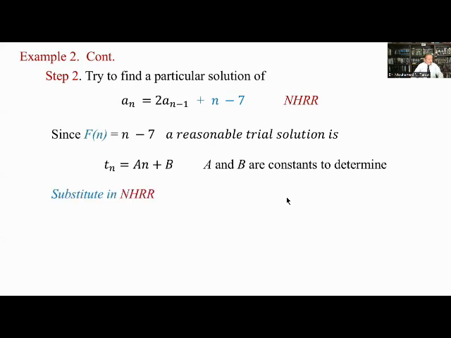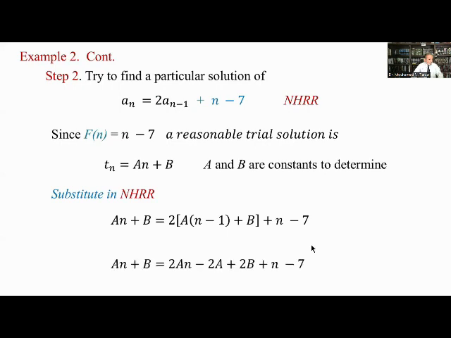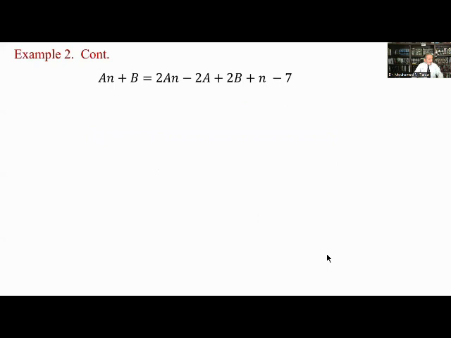So substitute in the non-homogeneous recurrence relation. We take this and we substitute right here. So a_n = an + b here, twice a(n-1) + b + n - 7. Now we are just expanding this. Again here. Now, what I did in this situation, I took all of these terms to the left-hand side,